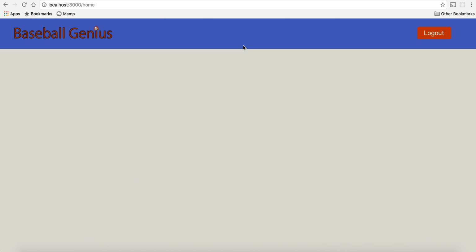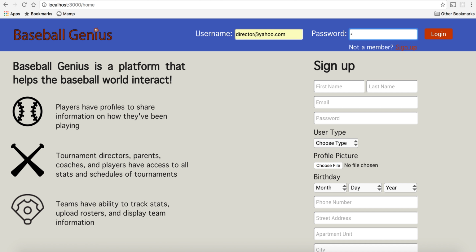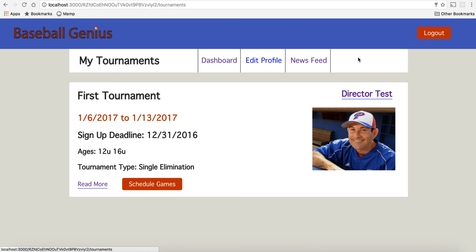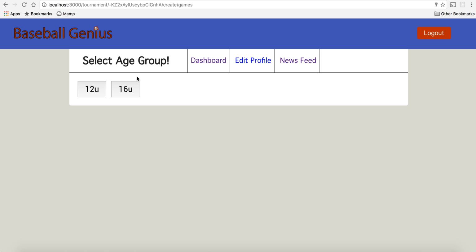We'll log out once again. Log in with the director. Now we're going to go ahead and schedule the games, which is the main feature I just implemented within the last week. So again, we go to my tournaments, and then we're going to want to schedule the games for this tournament. So from here, we're going to select our age group that we want to find the teams for